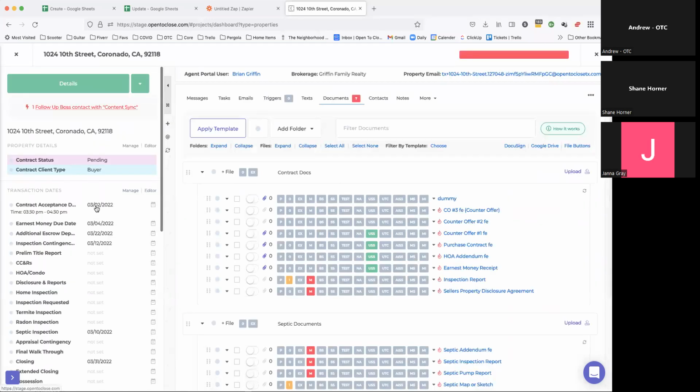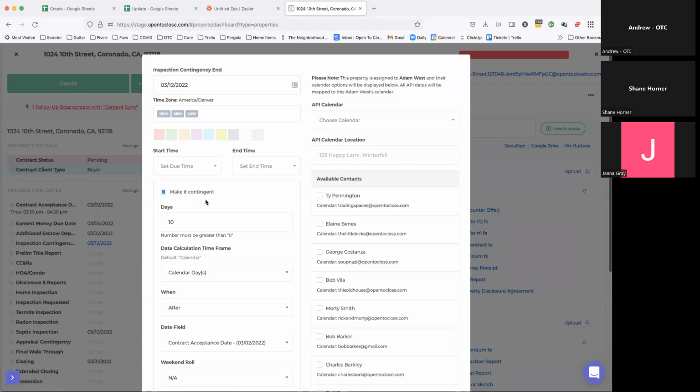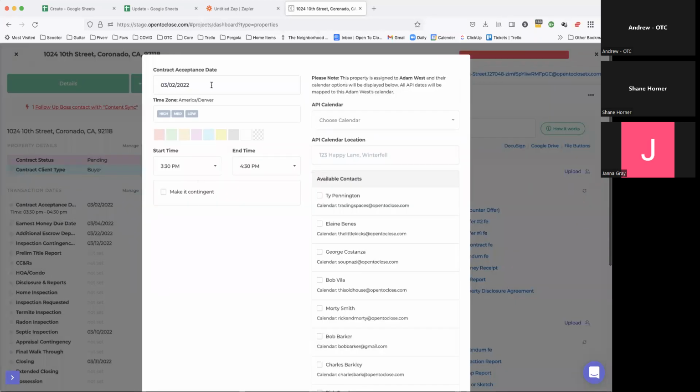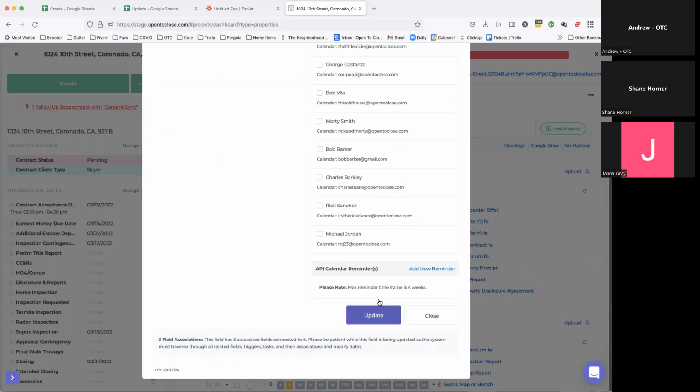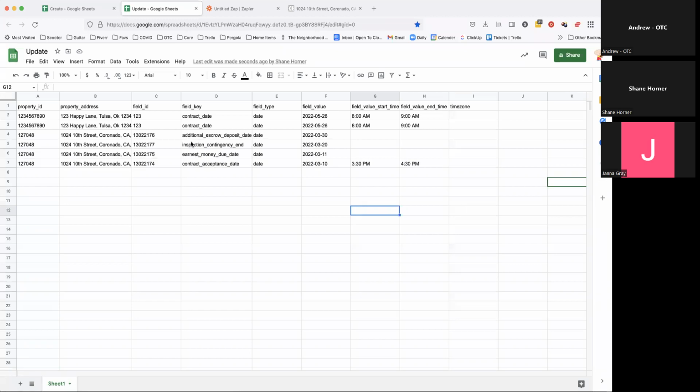Now, you'll notice here that inspection contingency is contingent upon the contract acceptance date. So if I update the contract acceptance date, watch what happens here. I'm going to change this to the 10th. Update. Now it's going through and it's going to write all my fields, because all those were updated. So if I update one, if there's contingencies that trickle down through that, it will also update all those to the spreadsheet as well. Now, the one thing you want to keep in mind is that Zapier does consider each